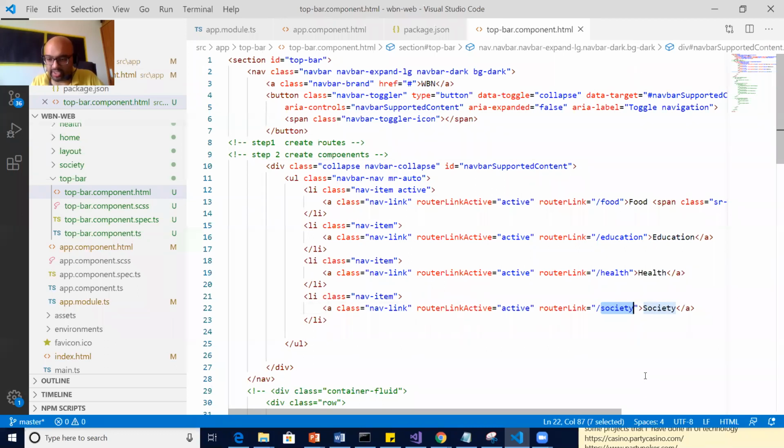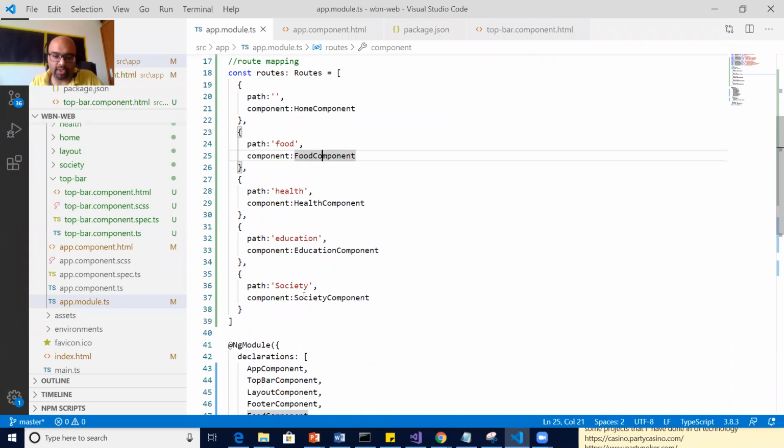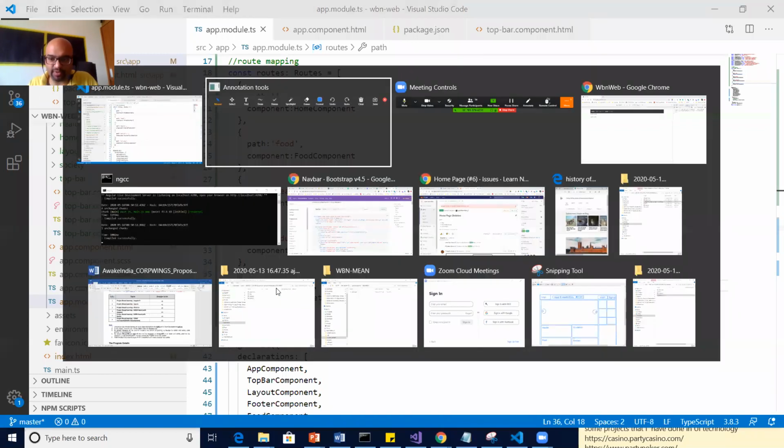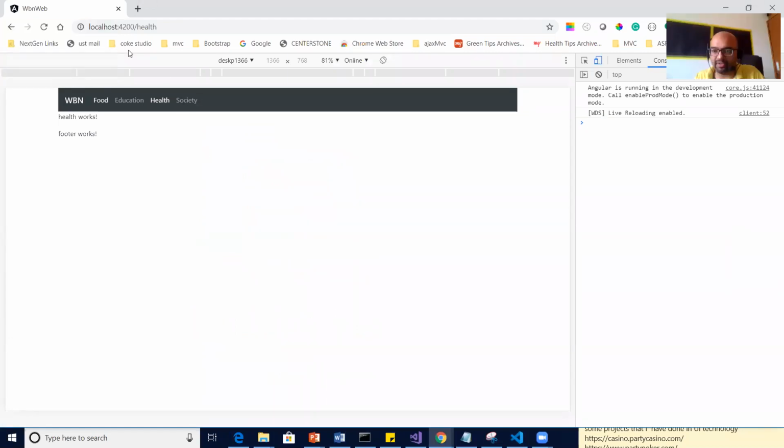Society, with the first letter capital. Yeah, so now it is correct. As I told you, it's case sensitive. So yes, these things do happen. We should be careful, right?